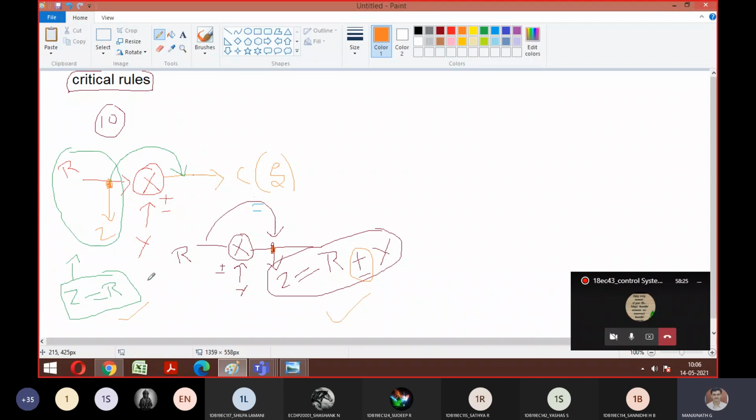Now look at both, compare and tell me, is it matching? So what is the logic you learned earlier in the reduction technique? Whatever you have on the input side, the same thing we expect at the output side. So I want C of S also to equal R only. Correct? Yes, sir. Now what is the strategy we have to make is what you are going to learn in this step. That is critical rule number 10. See how to make this balanced now. So what should be done? I see the extra thing here. So this plus or minus Y is extra. So what can we do in the diagram? If I move this summing point ahead, then I should add one more summing point having this in a reverse way, minus or plus. Yes or no? Yes, sir.